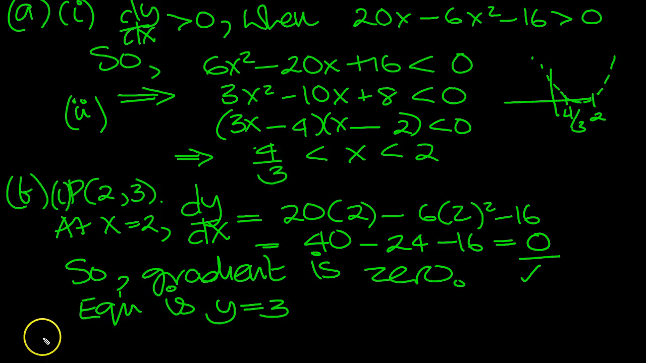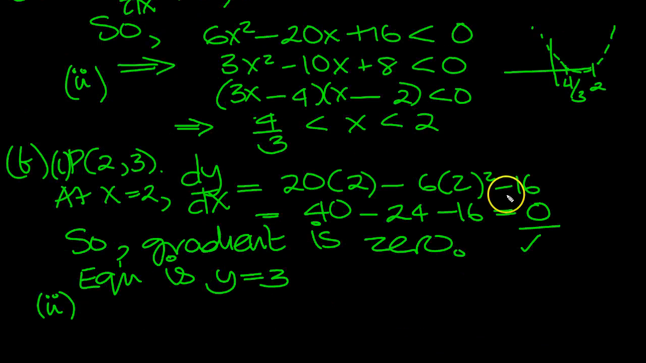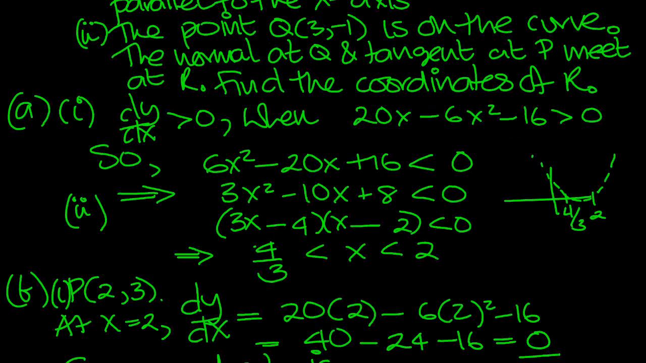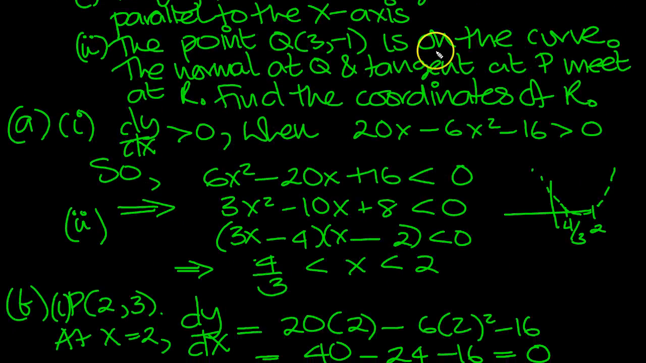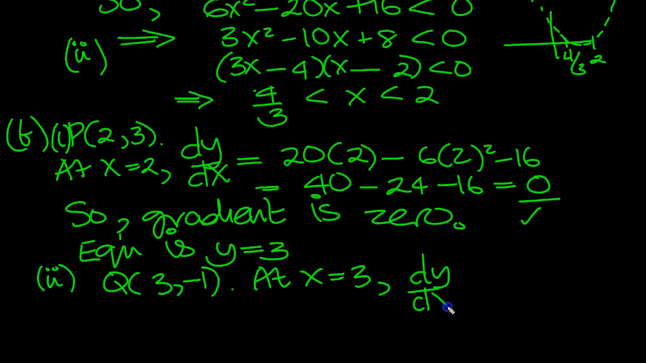point Q. Let's have a look at what point Q was. Q is 3, minus 1. And we're told, what are we told? Let's have a quick look. It's on the curve. The normal at Q and tangent at P meet at R. Find the coordinates of R. The normal at Q then. So at x equals 3, let's get the tangent gradient. And then we can get the normal gradient. Dy dx is equal to